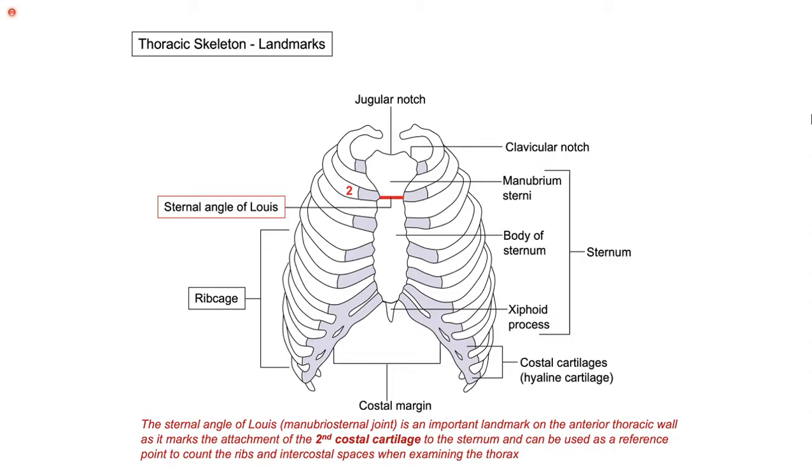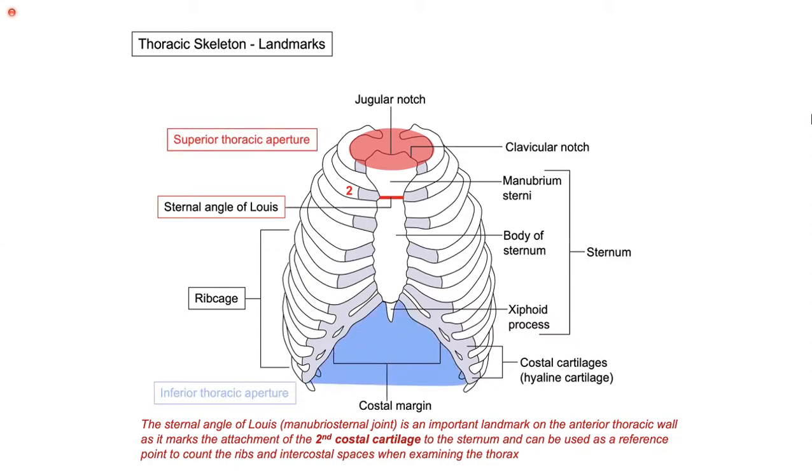We talked about the sternum. We have seen it in our labs. We have seen all the ribs. I hope these concepts are clear. Going further, we talk about our thoracic aperture. One is above and one is below. There are so many terminologies that have been used. This top cover, I'm calling it the superior thoracic aperture. And the inferior one is the inferior thoracic aperture. As the names suggest, you can see it very easily. So there is no rocket science in these two terms. And I'm sure everybody is with me on this.